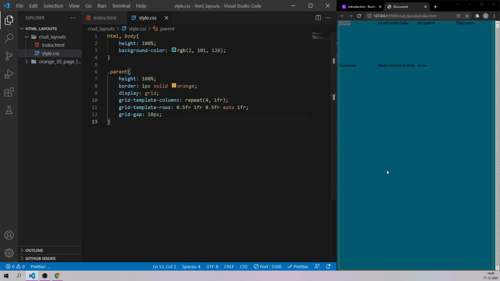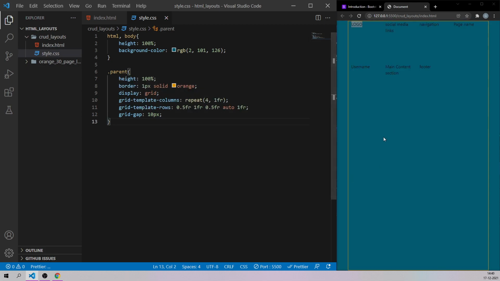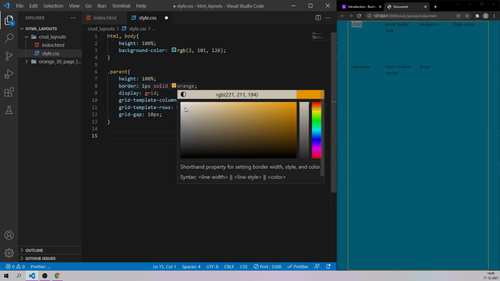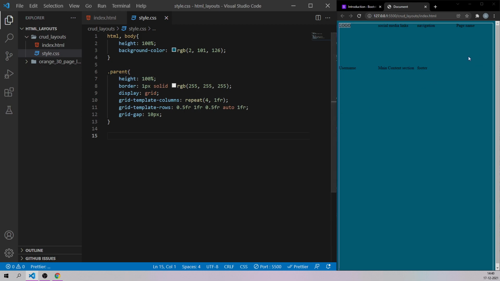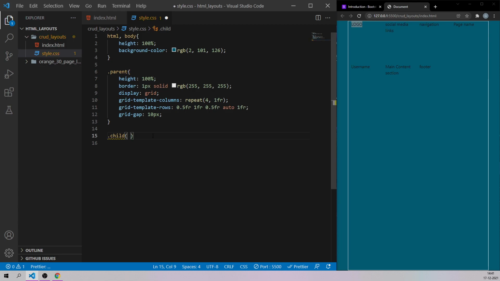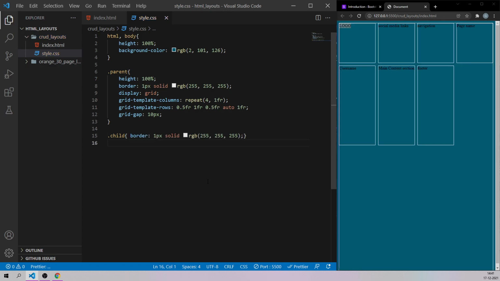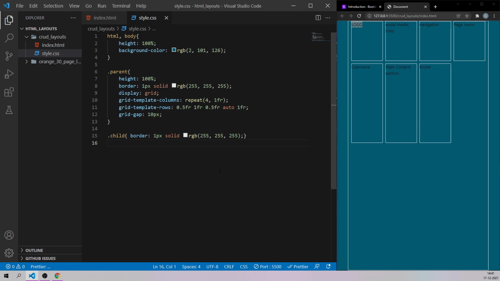So right now we have our contents filled up like this, but we are not able to see it correctly. So first of all, let me give this border some white color so that it's more visible. Now let's say dot child. I'm going to put a border around all the child elements so that we'll know exactly where all the elements have been put. Let me copy this border, paste it over here and save it. As you can see, now all the child elements as well as the parent element have a border around them, and these are the main contents which are coming like this.